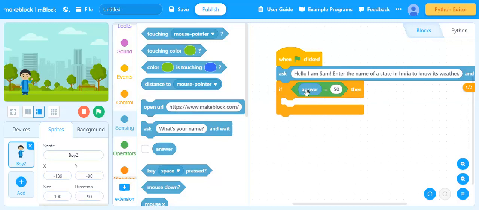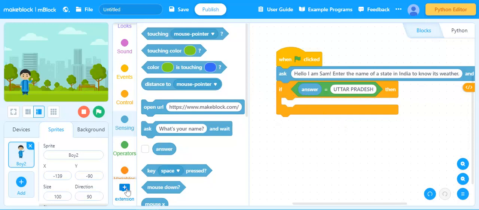So if the answer is equal to, for example, let's take the name of the state Uttar Pradesh. So if the answer is equal to Uttar Pradesh, then now we are going to add an extension